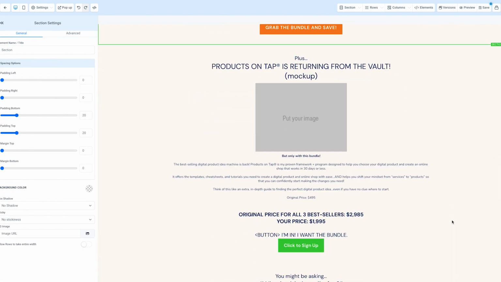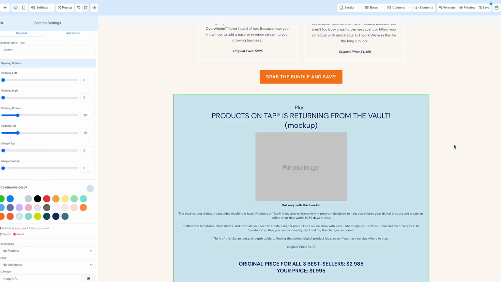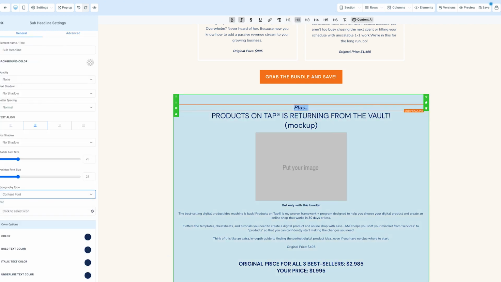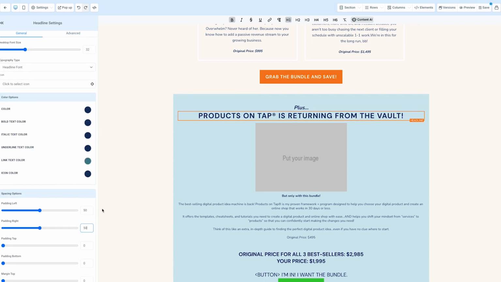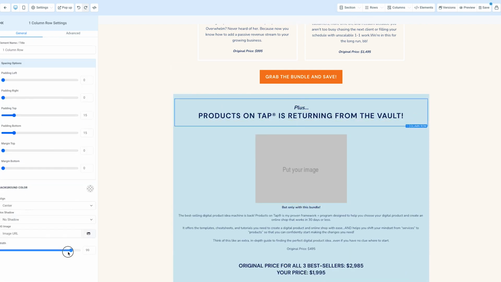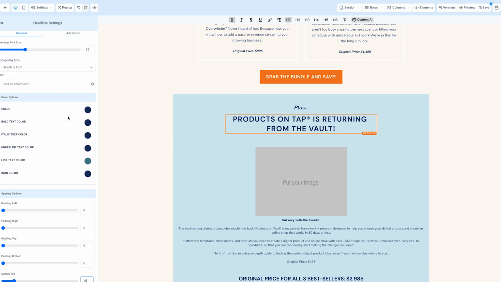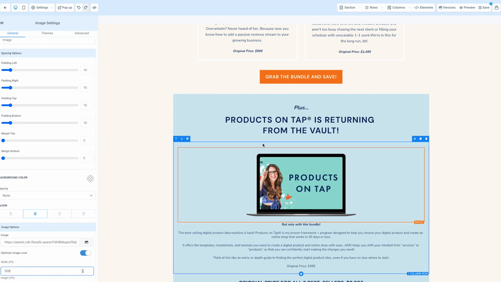So following this main offer, we're also going to draw attention to the fact that there is an additional kind of bonus that's a part of this bundle. So I'm setting this off in its own little box to go under the original offer. And I'm going to size things up so that you know that a recognizable product is something that you're getting on top of this. I'm going to add in a mock-up and make sure that there's some good spacing and